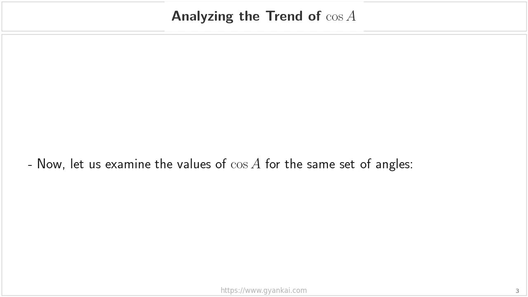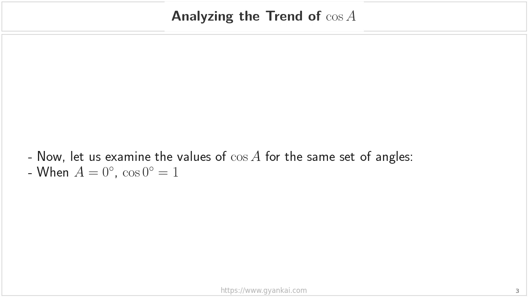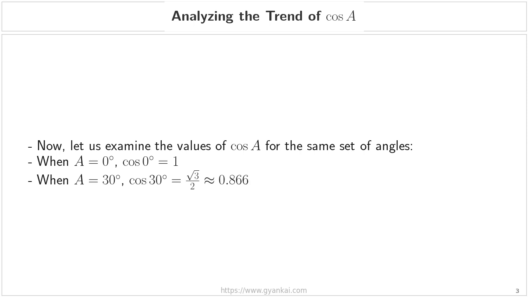Now that we have seen how the sine function behaves, let's shift our focus and examine the values of cos A for that same set of angles we just discussed. Take a look at the values here. When the angle A is 0 degrees, cos 0 degrees is equal to 1. As we move to 30 degrees, cos 30 degrees is the square root of 3 over 2, which is approximately